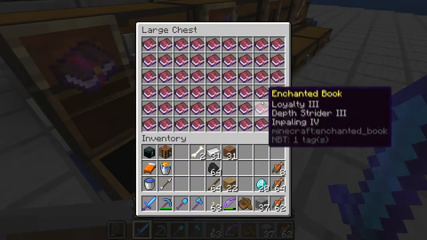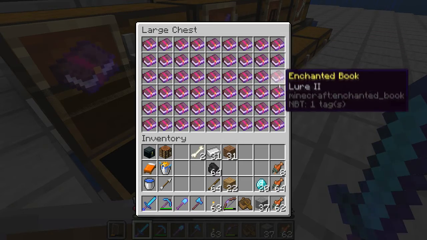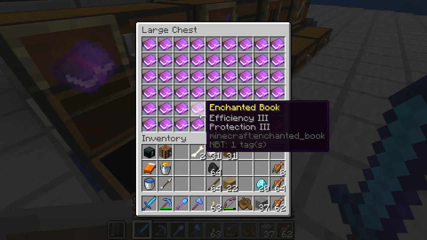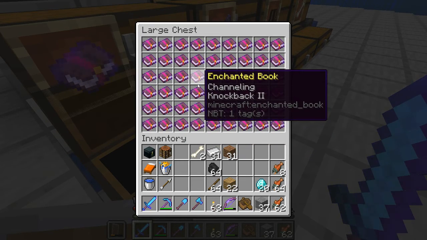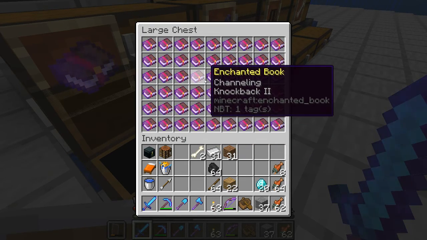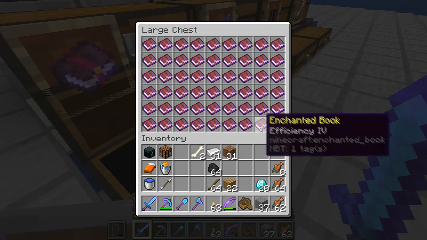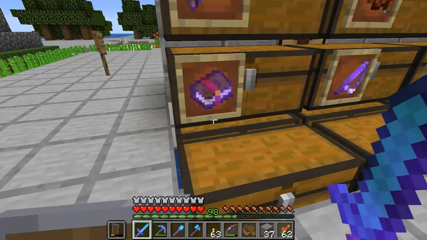I don't really know how I feel about that, because the possibility of me losing items is also a thing. If I get rid of the books, then I'm gonna lose my items, and then I'm gonna be like, darn, I shouldn't have gotten rid of those books. So